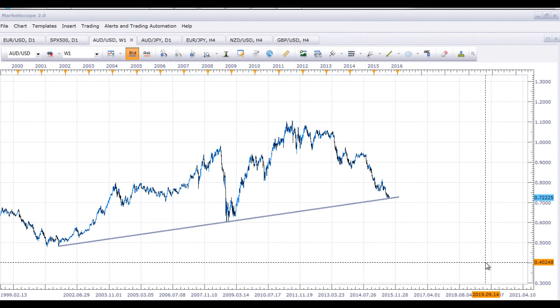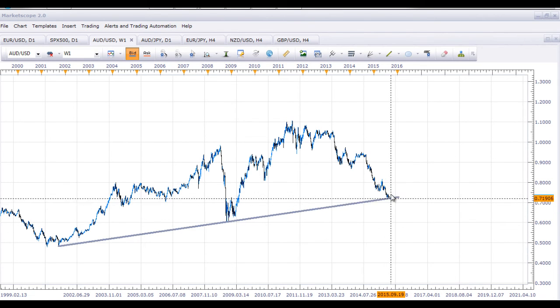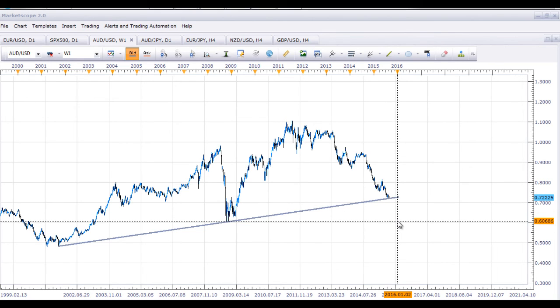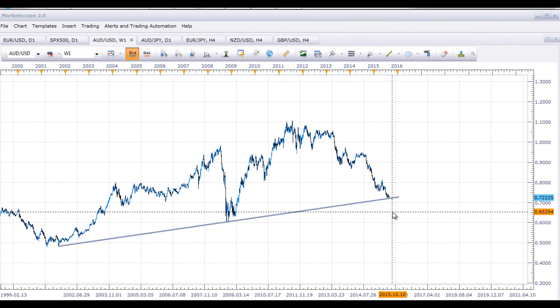She asks about the current situation on Aussie dollar. So let's first have a look on the weekly chart. As you can see, the rate is currently testing a 14-year rising trend line, so technically I am flat here. For further downside continuation, I really need to see a break below the trend line, even better with a retest